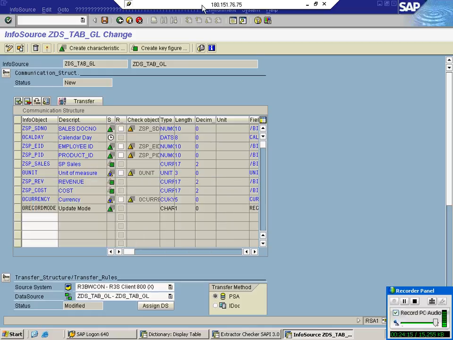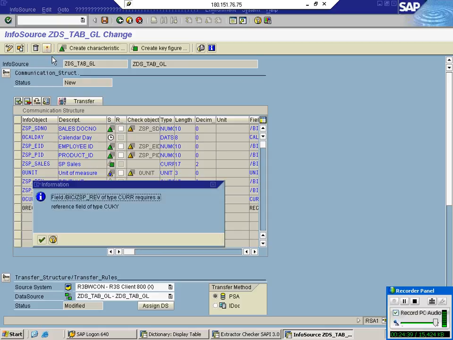Normally this 0RECORDMODE is mapped to some status column. Keep in mind, here we are using some generic table. We don't have any status column, but normally in live you are going to have a status column. So this 0RECORDMODE can be mapped to the status column like ROCANCEL. Now just go with activate.